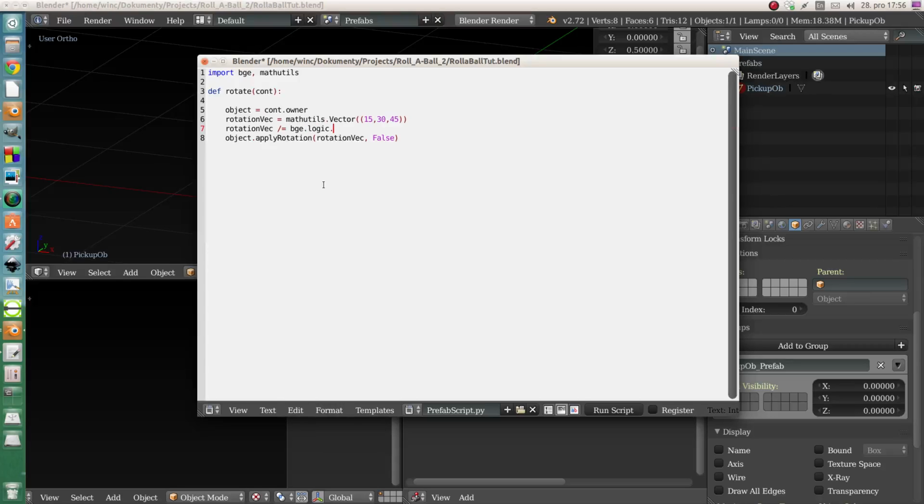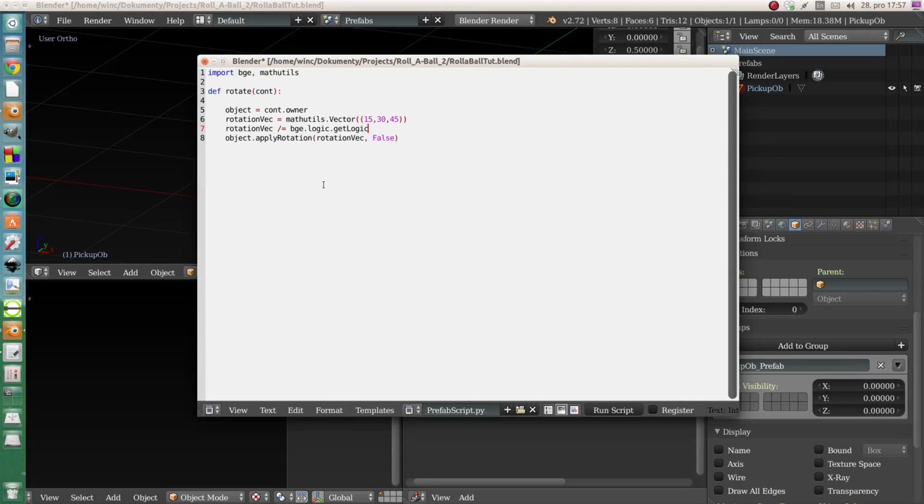But you should know from the previous lesson that the frame rate isn't actually the frame rate of the scripts, because logic ticks can be different, can be higher than the actual frame rate of the game. So to stay with the script, you don't get the average frame rate, but